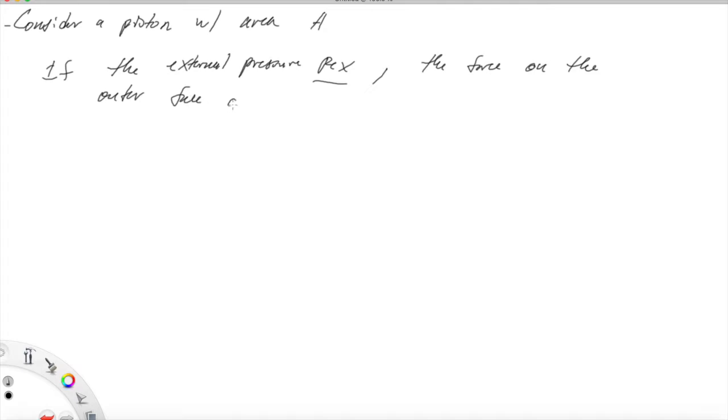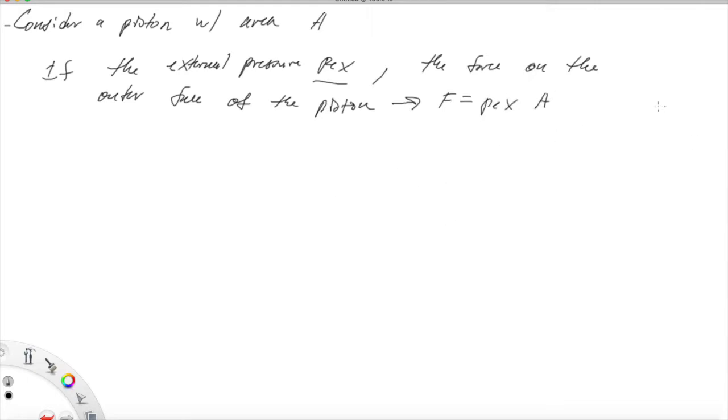the piston, so the piston facing the external air, so it's the face of the piston that isn't facing the inside of the piston, obviously the outer face. Then we say that the force F is equal to PEX multiplied by A, the area of the piston or of the face of the piston, and we can say that because P external, the pressure external, is equal